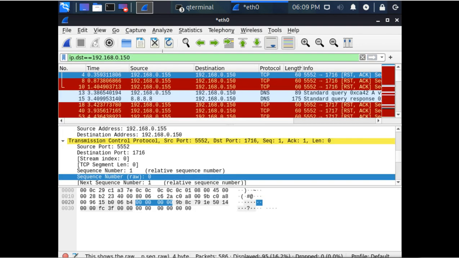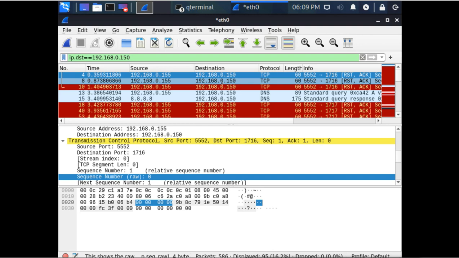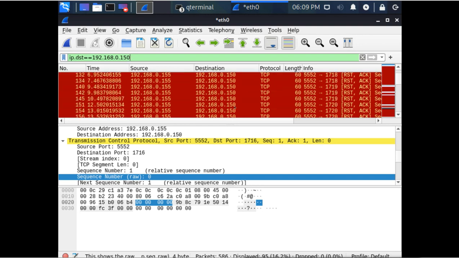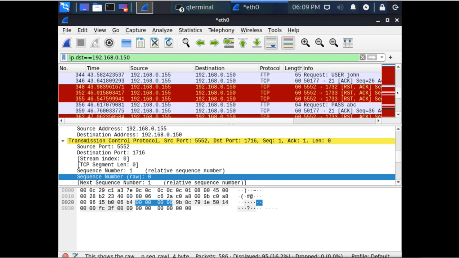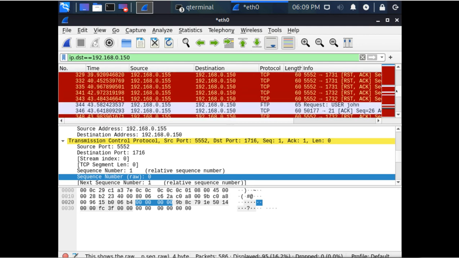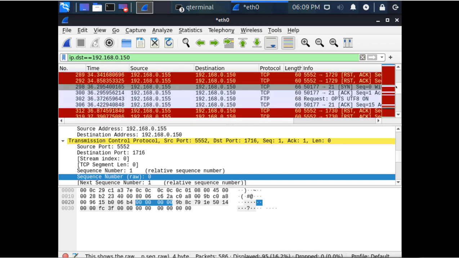So I can see those packets which are destined to this machine, and in that we can see the protocol, FTP data, and here it is.